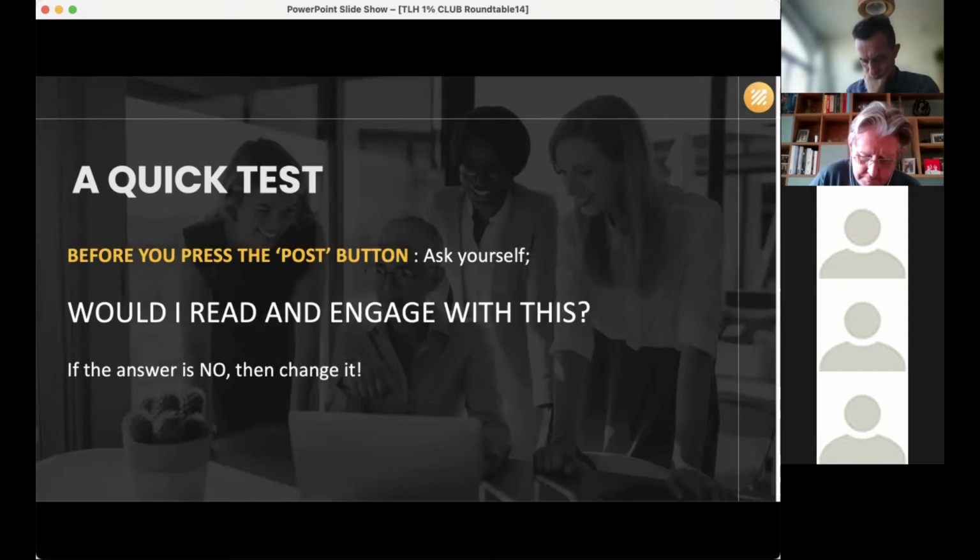And that posting can be you sharing information, but also commenting upon information and commenting on other people's posts. And again, remember these four elements when you're commenting. So have a point of view, share some relevant information to the original post if you've got it, and engage with people.